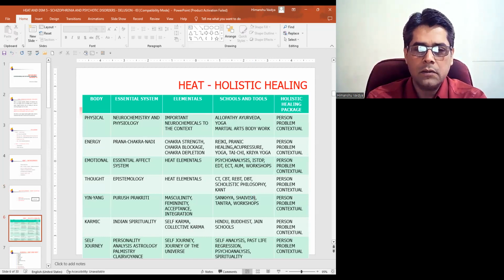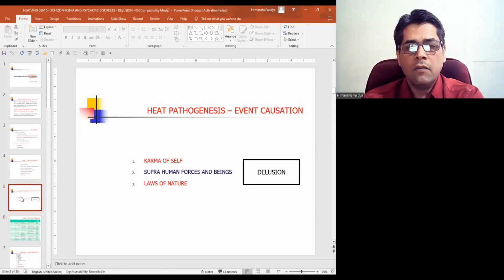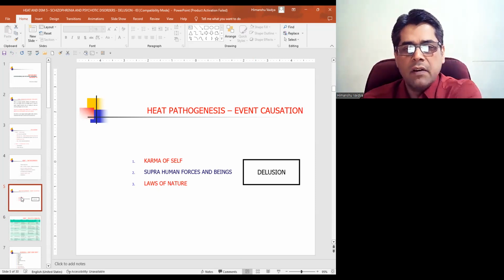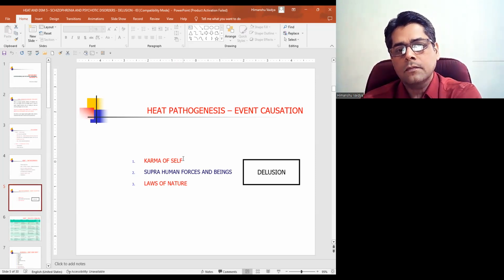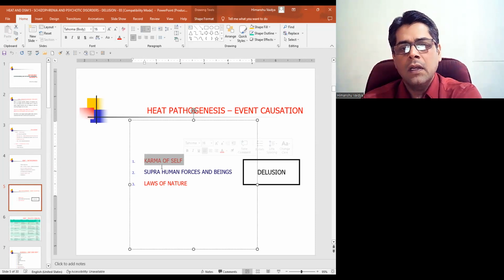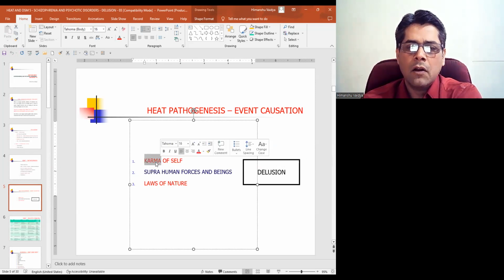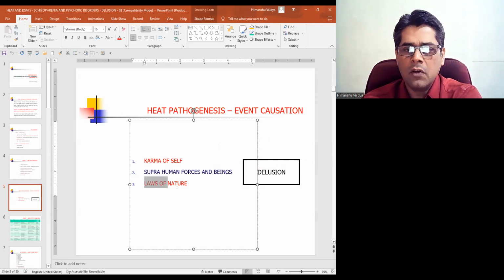So we make a provisional estimate here for the monk. What seems to be at work? Let us say the reflection, a holistic reflection, brings us to the element of karma and suprahuman forces and beings consequently coming in, not causally coming in. And because of the karma, the karma propels certain events and thereafter the laws of nature take over.